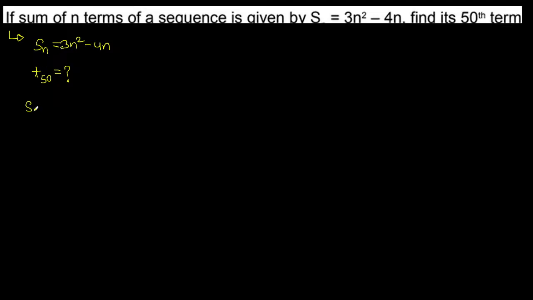So we know that Sn minus S(n minus 1) is equal to Tn. So Sn is what? 3n square minus 4n, 3 (n minus 1) whole square, 4 (n minus 1),